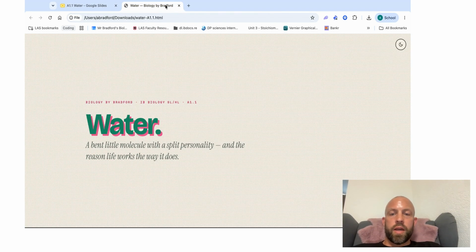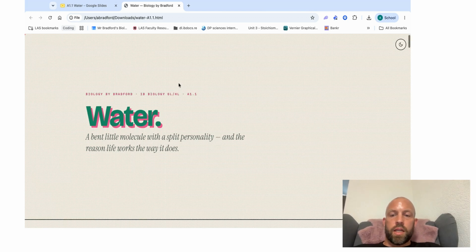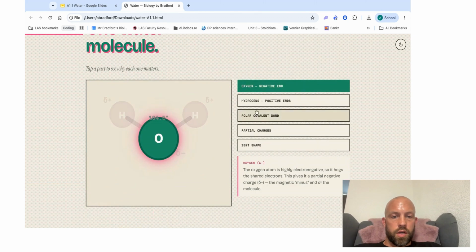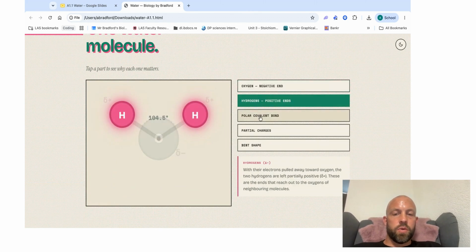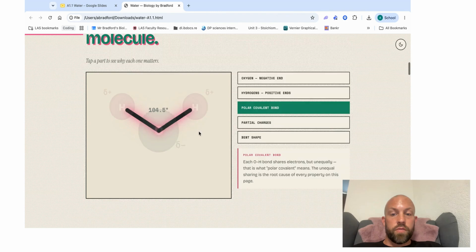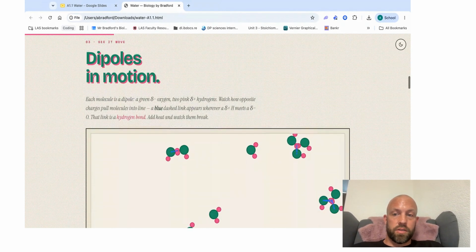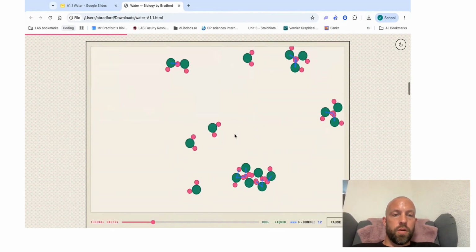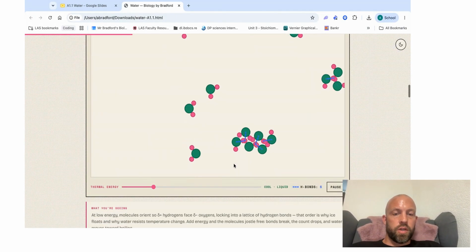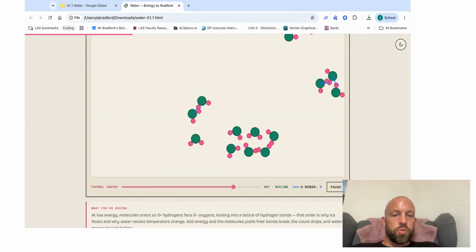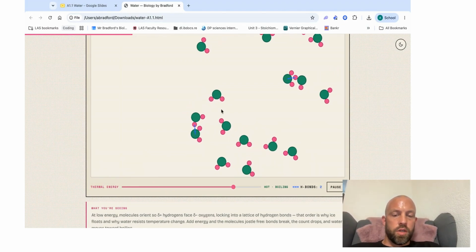Now, here is my web sheet that I made, and what I'll draw your attention to, if you flick through, you can. I really love the little interactive elements of a web sheet versus a worksheet or even a presentation. It's much cleaner to view. Here I've got some little hydrogen bonds going on, indicated in the blue. I would say that this is not 100% how I'd want this to be showing, but